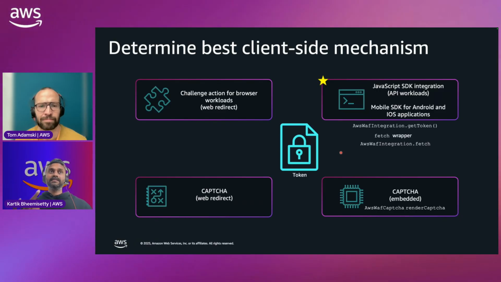Okay. So what's the advantage? You're reducing the round trip times, and you're improving customer experience. You don't want the browser to reload for a challenge. For CAPTCHA, you definitely need the user to click and solve it. But the SDK integration also benefits you from a cost standpoint. If you're using challenge and CAPTCHA on a rule, you get charged based on the number of challenge invokes or number of CAPTCHAs solved.